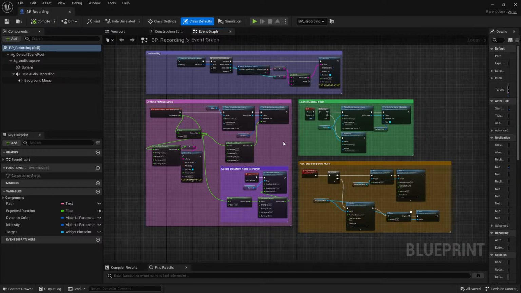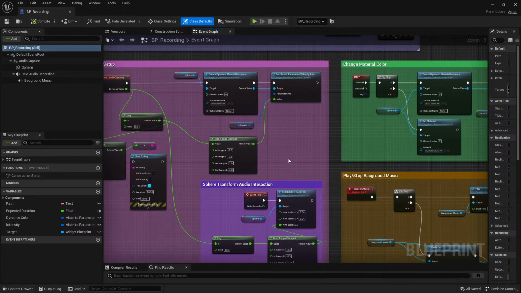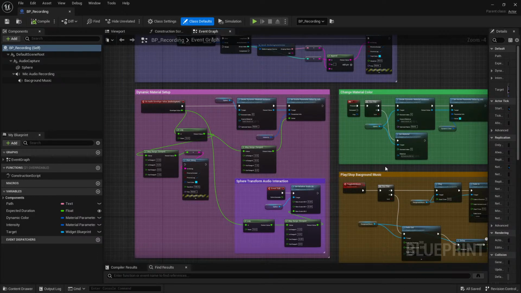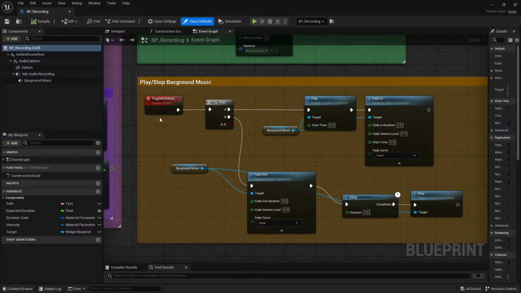So in here, you'll see that on the pink side of things, this is for when audio capture is capturing different values, it will transform the sphere, like have interactive scale animations, but it is also basically setting up this dynamic material. But what's most important here is that now I've created a custom event which the widget has access to, and by clicking on a certain, let's say the home button, it will flip-flop. So it will either play background music or fade out the background music. So this is super, super useful if you want to just play and stop background music while you're speaking